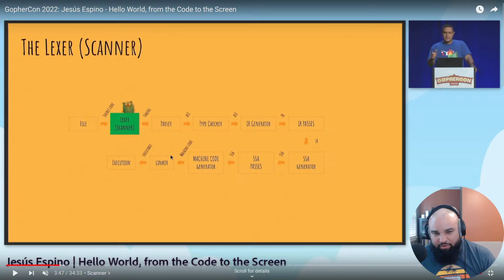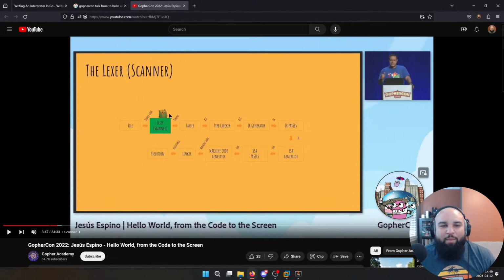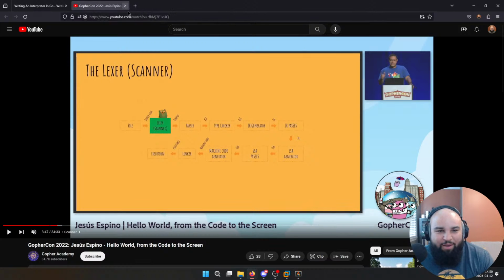Mind you, Go is a compiler, so it does more than just an interpreter. But I understand it like: take a file, read the source code, lex it, get tokens out, parse it, get an AST, and then technically parse the AST and execute, right? So we can kind of skip down. But I just remembered after I finished this book, I remember this so vividly. I didn't know what the heck this guy was talking about, and now I feel like I know so much more just by reading this book.